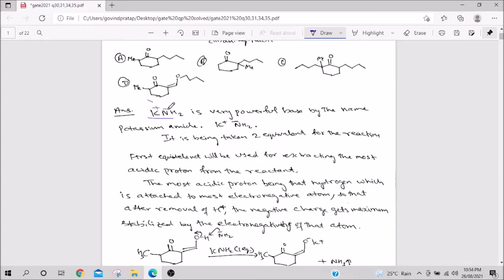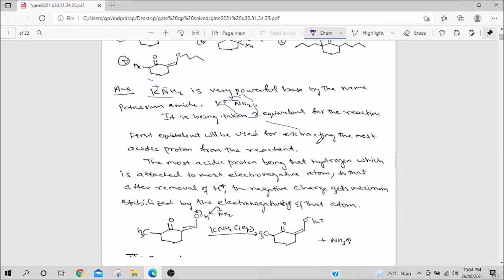So, this minus charge, nitrogen is not as electronegative as oxygen. So, it does not hold its electron very close to itself. It is ready to give the electron, and nitrogen is less electronegative than oxygen. It cannot stabilize negative charge much. So, it wants the proton badly. So, it is a powerful base.